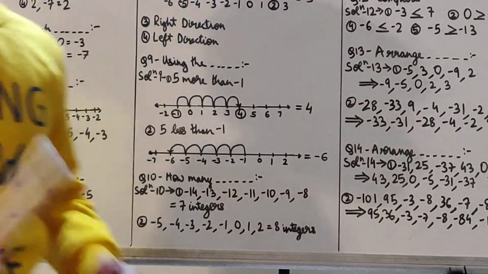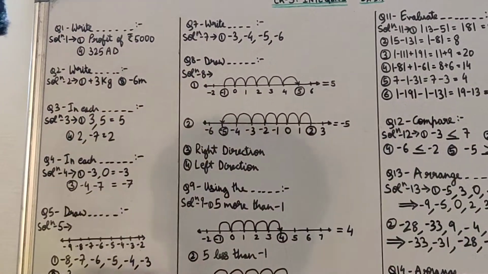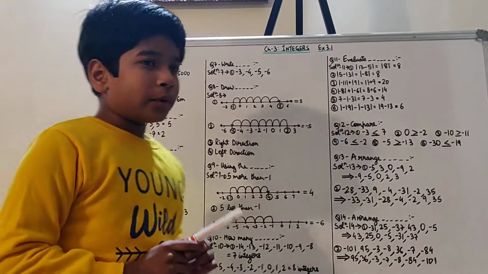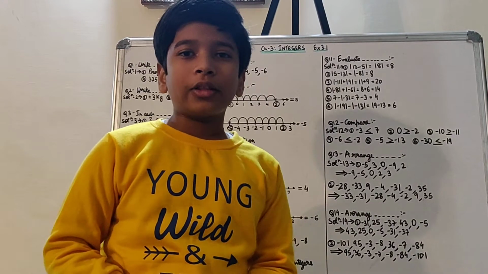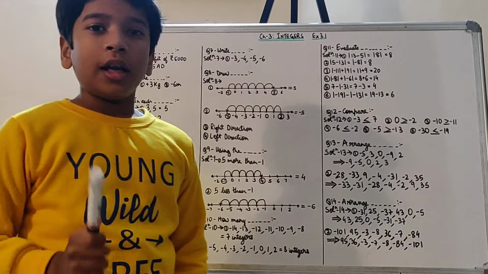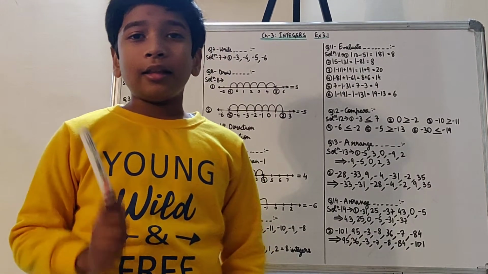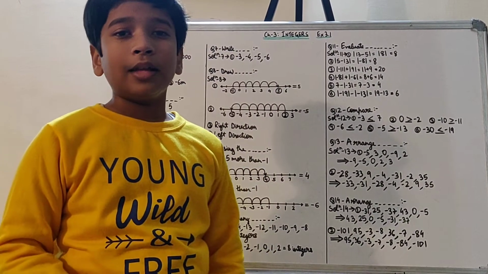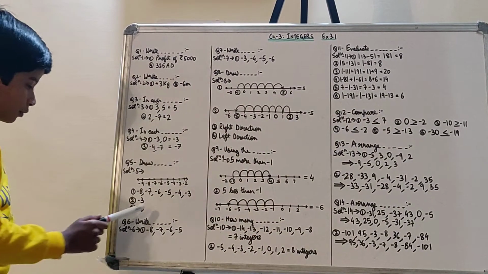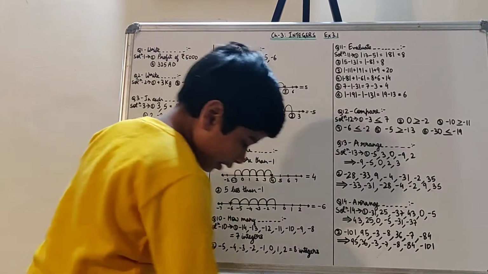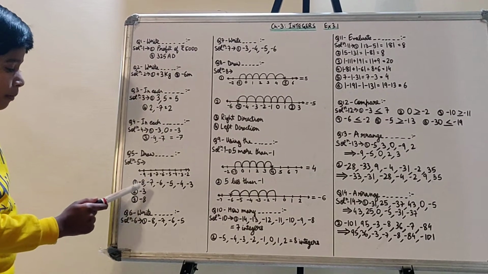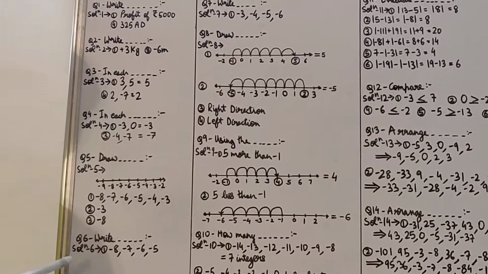Why? Because in the negative numbers the opposite happens. In whole numbers, let's take an example of 2 and 3. Compare 2 and 3. You will say that 3 is greater than 2, obviously. But if it is -2 and -3, in that case the opposite will happen. That means -2 will be greater than -3. So -3 is smaller. Then the third one is which is smallest among them. As I told you, -8 will be the answer.